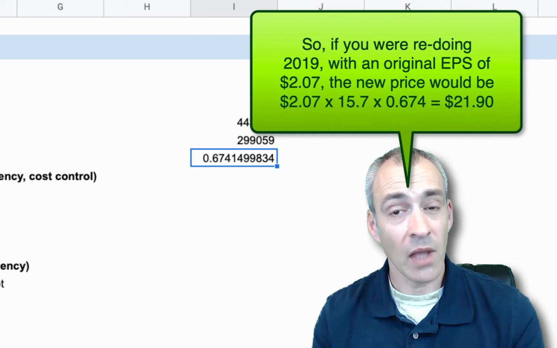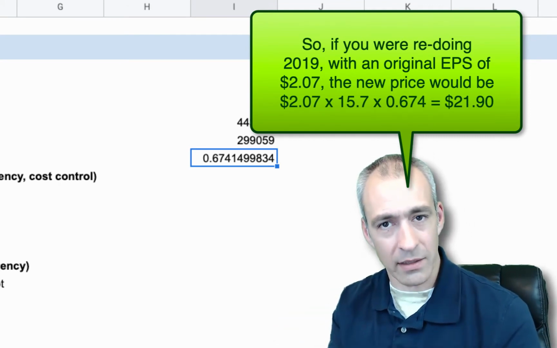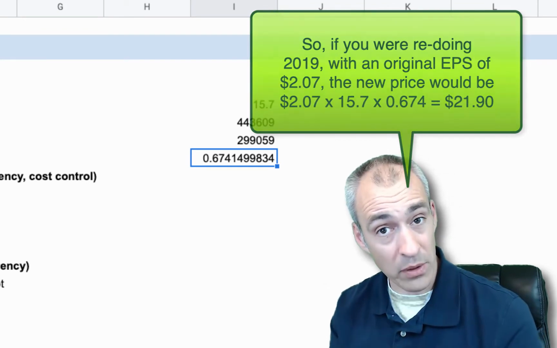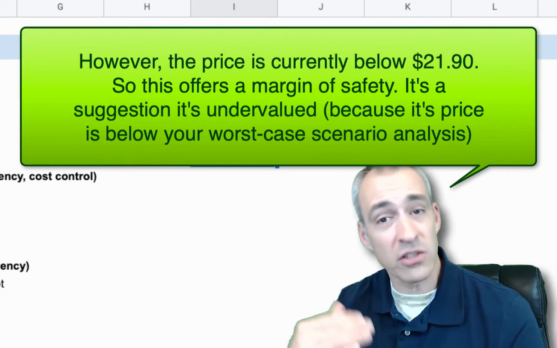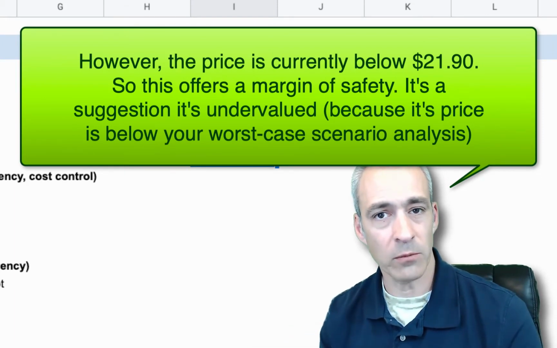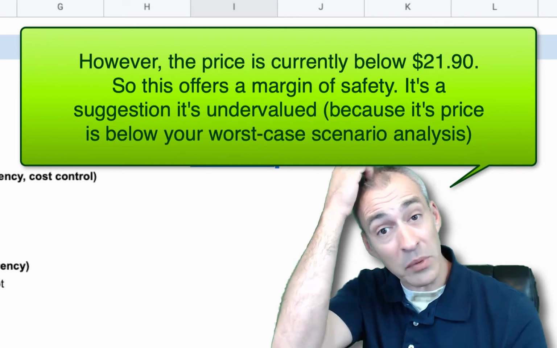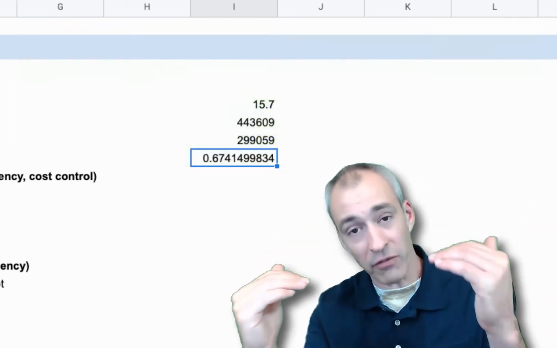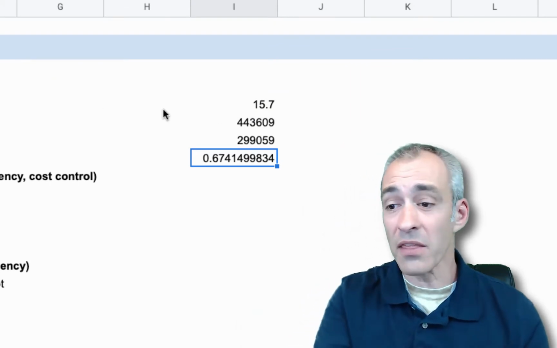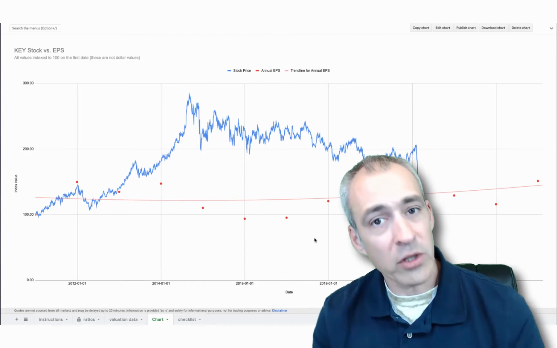Okay, and then how would you use that? Well, if you really think that the worst case scenario is going to happen, you'd probably want to wait for a lower stock price. You think the stock will come in a bit, right? And that's if they keep the same multiple. Sometimes they might punish the company by not paying the same premium. So the multiple might come in and the profit falls. And that's where you use this. Like that could happen, but it would be a short run thing.